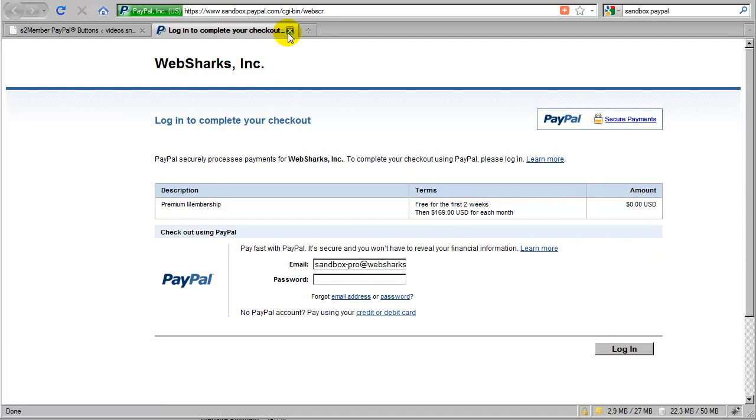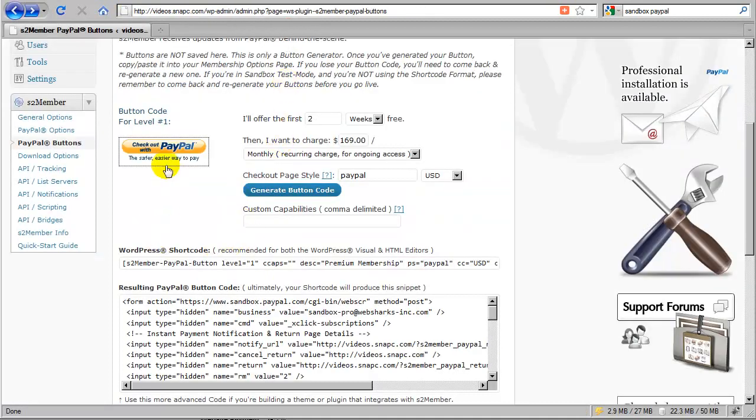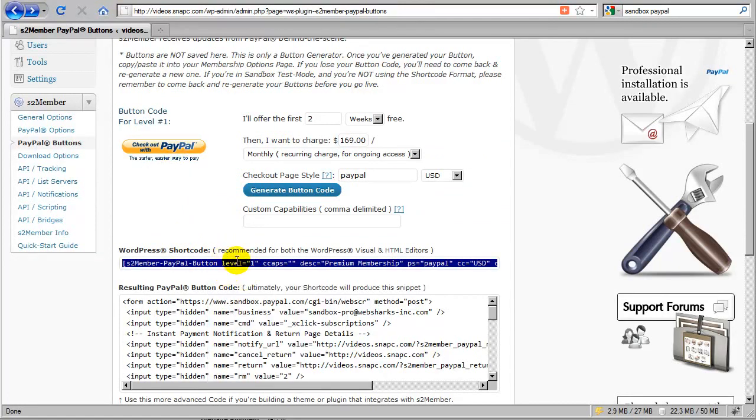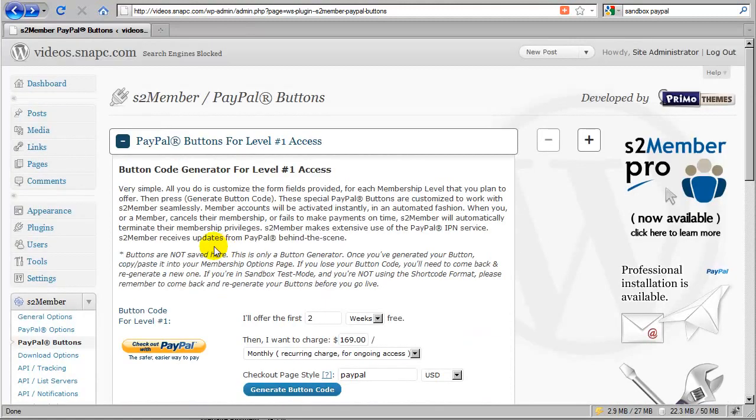Okay, so I'm going to close this down, and what I want to do after I've created this button code and I've tested it, I want to take the shortcode and copy it, because this is what I'm going to integrate into my membership options page. So I'm going to go back over to my membership options page here. I'm going to click on Pages,